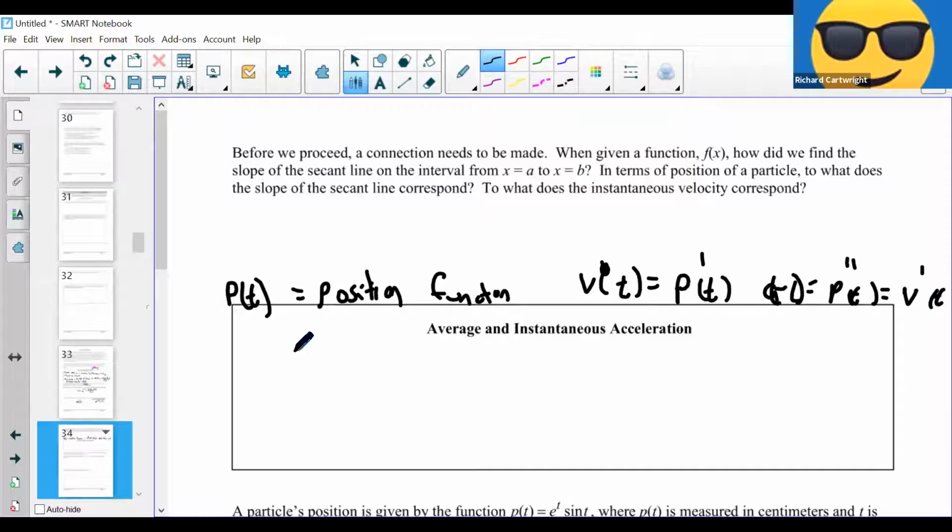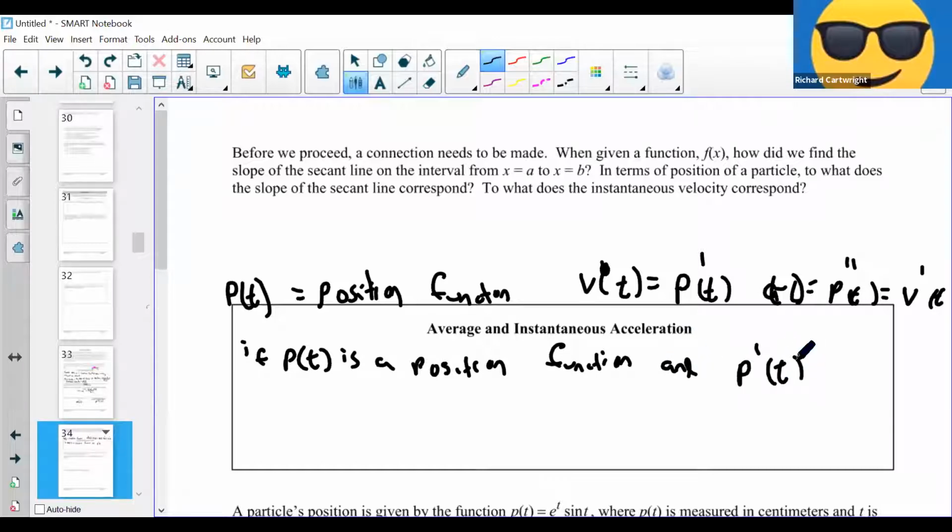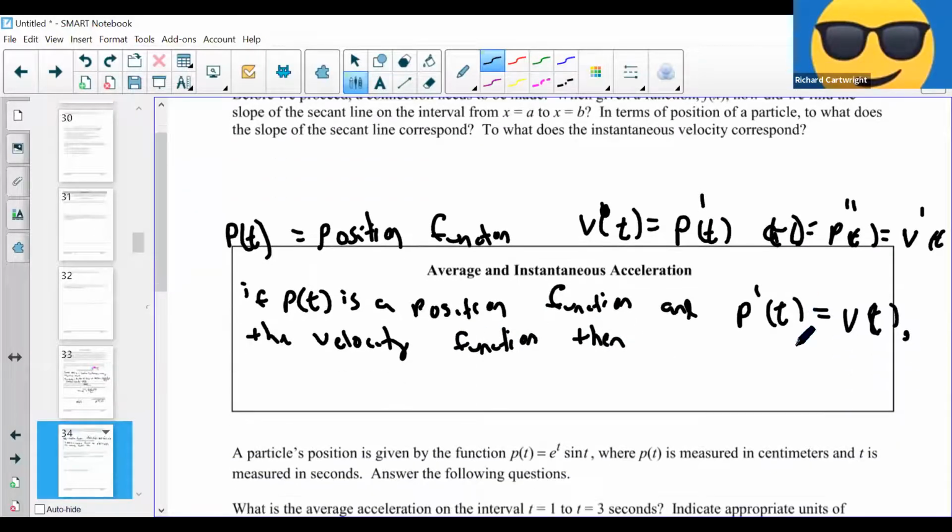So how will I put my definitions? I'll do the same thing. If P of t is a position function, and P prime of t is the V of t, the velocity function, then, I'll put then, scroll down a little bit, yeah, then A of t